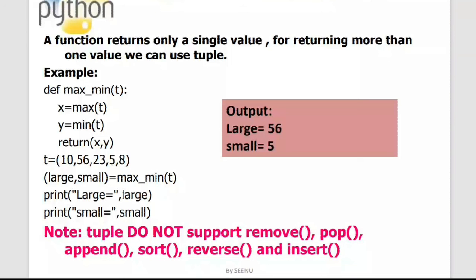But just listen to me, this is the name of the function. You know functions, right? You have studied functions in C programming. A function will be having a name, it will be having arguments, and it will be having a return type, right? So what are the three things that a function will be having? The name of the function, the arguments in the function, and the function also will be having a return type.